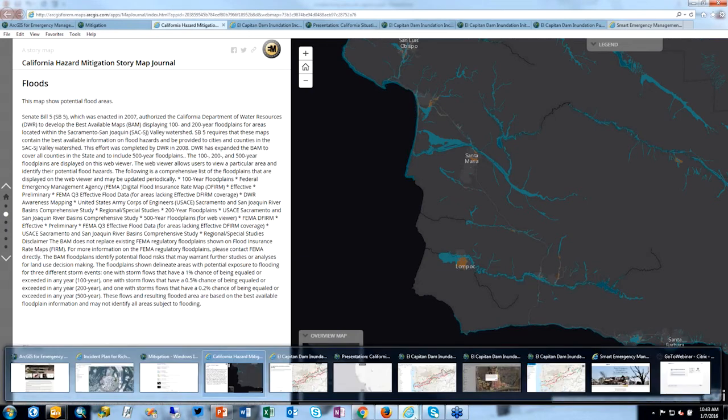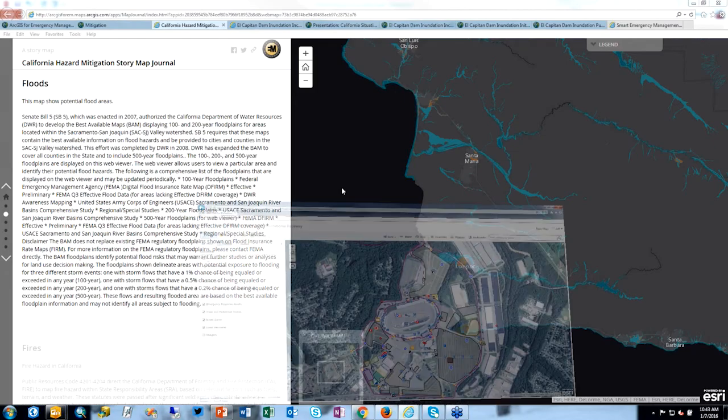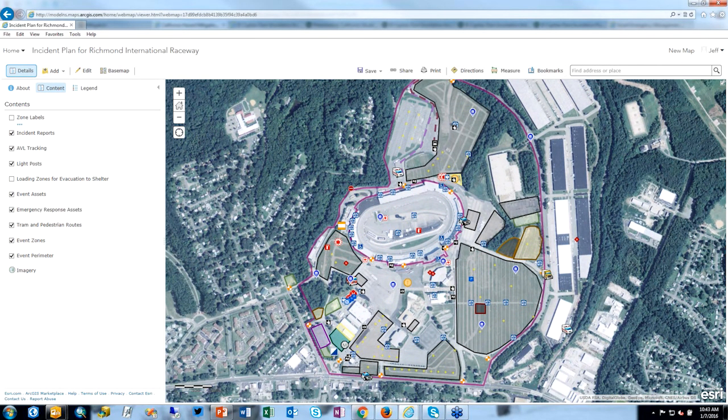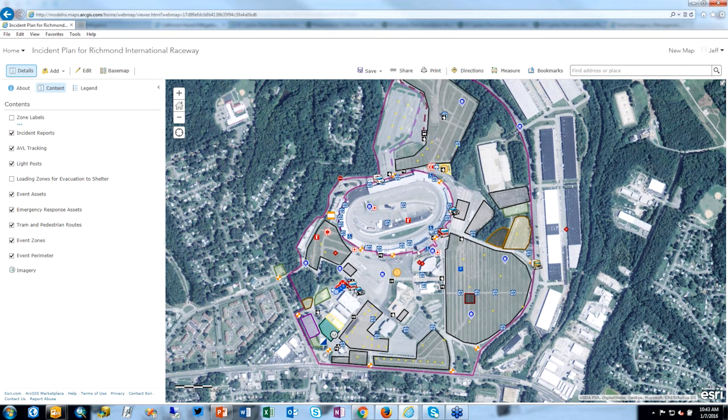Next, we want to take a look at what some of the special events information looks like. This is a web map that's the starting point as the result of using our special events template, where we have laid out, in this case for a race, the facilities that we're going to provide to the public, like restrooms or first aid stations, or some of the parking areas. Getting this information in a web map first is really important to start to convey it and make it accessible for those inside the organization, and the stakeholders that need access to this.